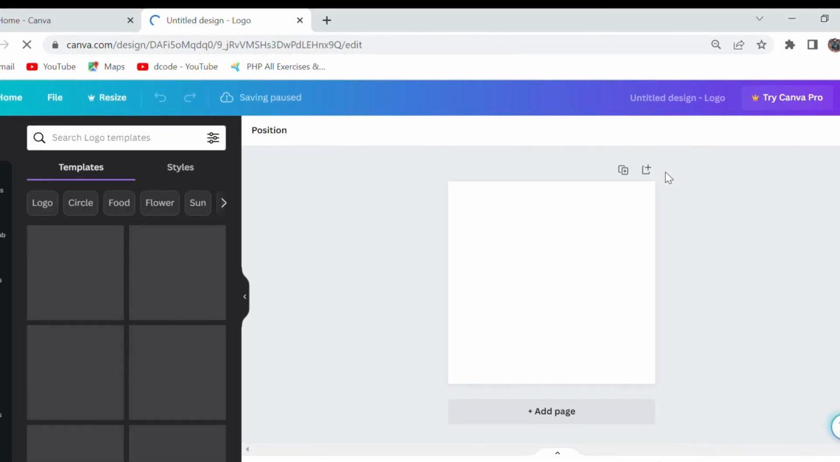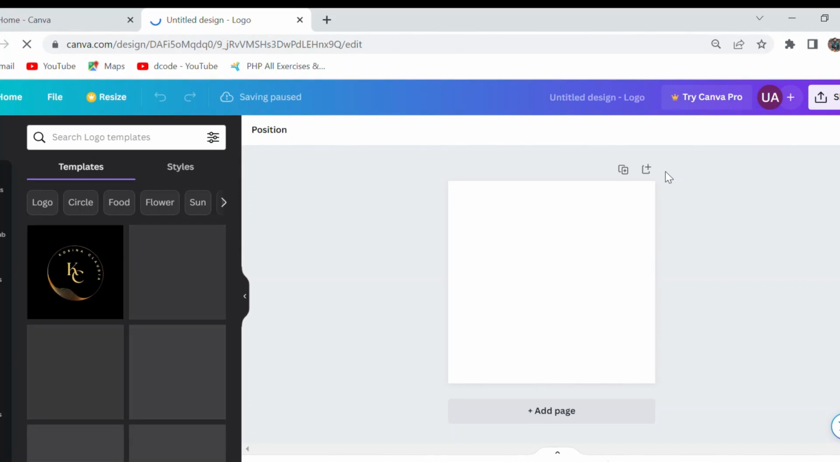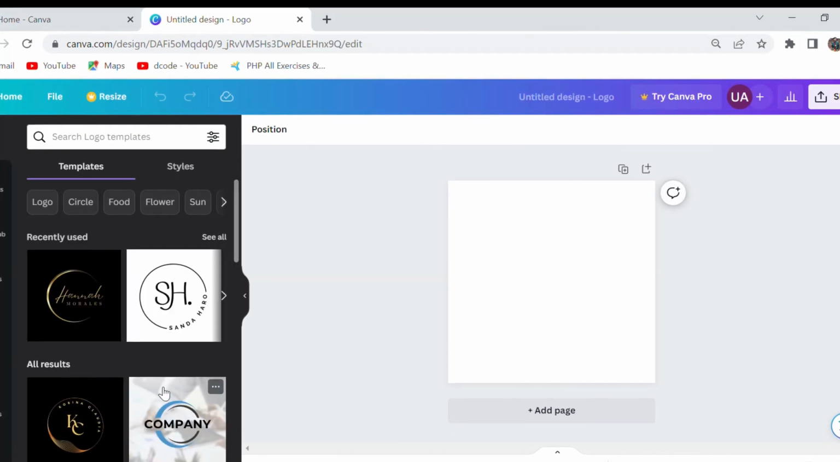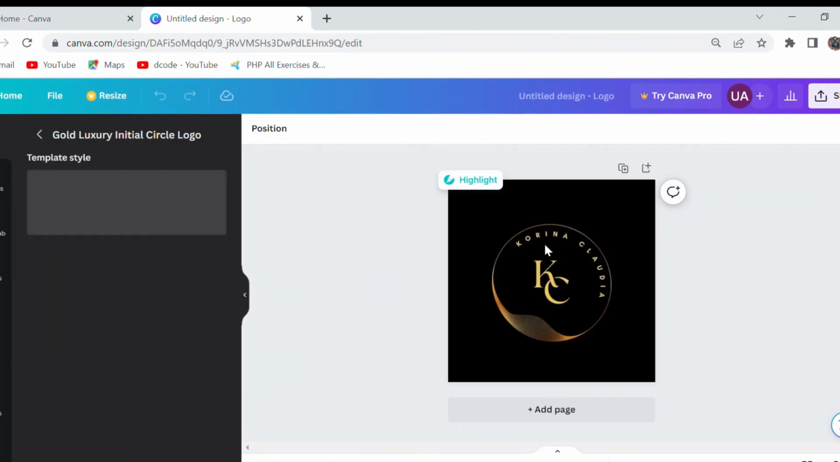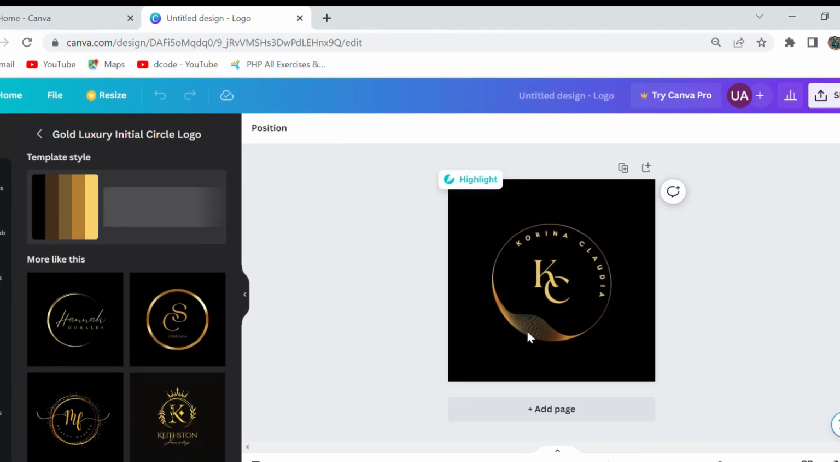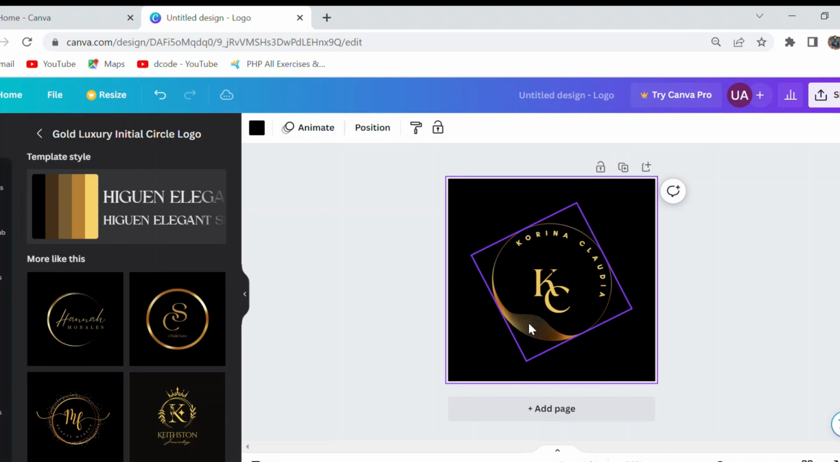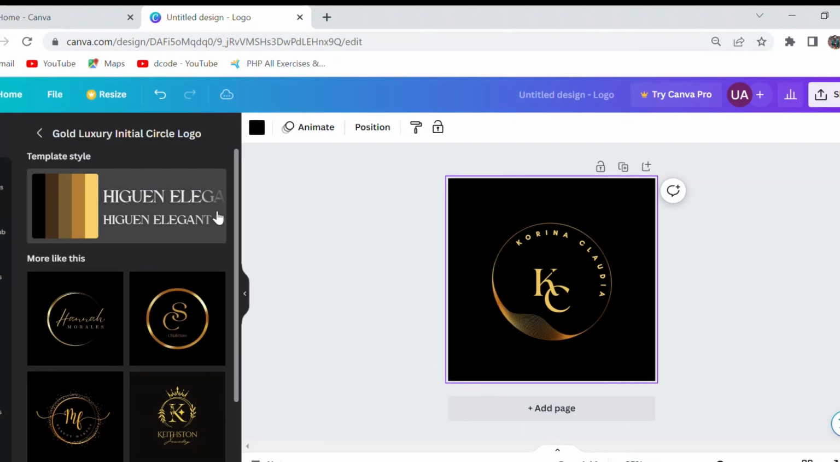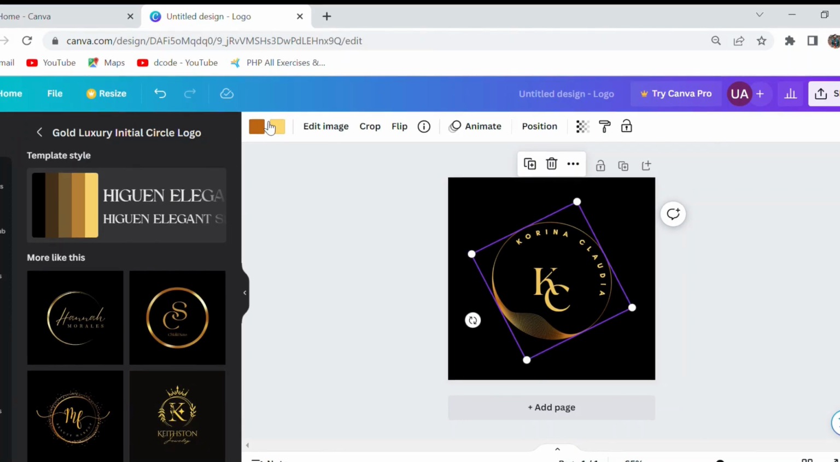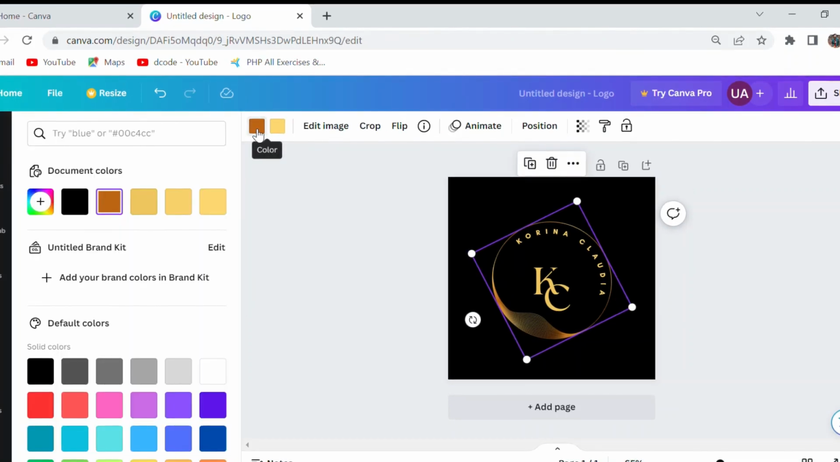You'll see various logo templates to choose from. Browse through the options and select a template that suits your needs, or start with a blank canvas if you prefer. Customize your logo by editing the text, colors, shapes, and other elements. Canva provides a user-friendly interface that allows you to drag and drop elements, resize them, change their colors, and apply